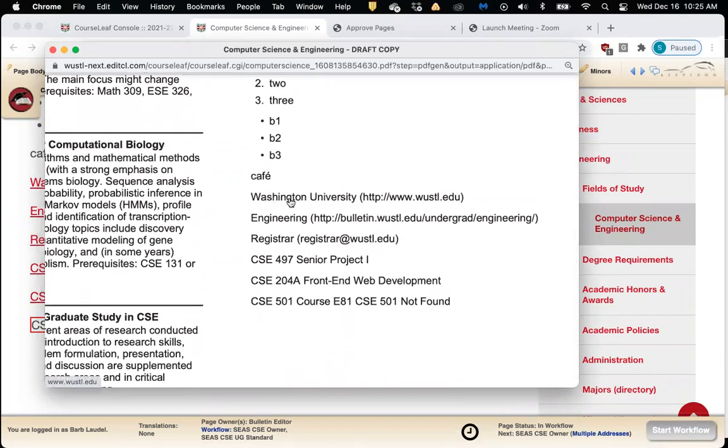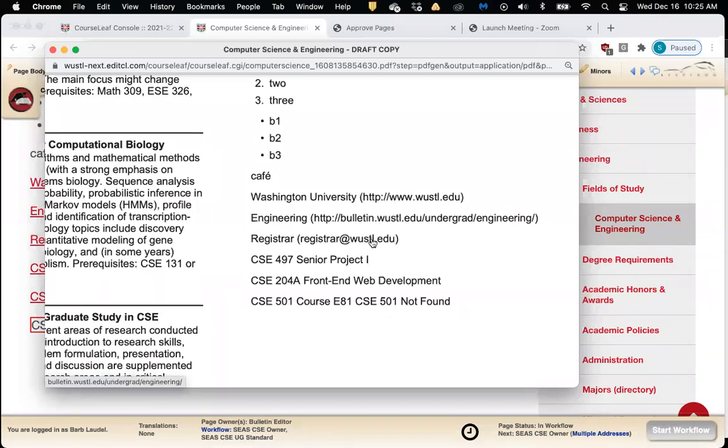As you can see, each link has its URL in parentheses. And as I hover over this, my mouse icon changes to a finger. That means I can actually click on it if I wanted to, and then be redirected to that page or that email address.